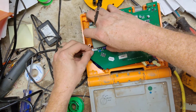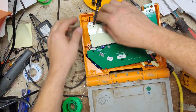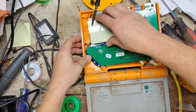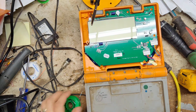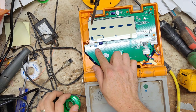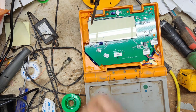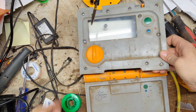And then we'll plug this wire over here. Plug this right there. Just to make sure we got everything going right. There's two buttons right there. That's where your switch on the outside makes contact. So you can see it's a little low. We need to charge the battery up. It's been sitting around a little while. Alright, let's